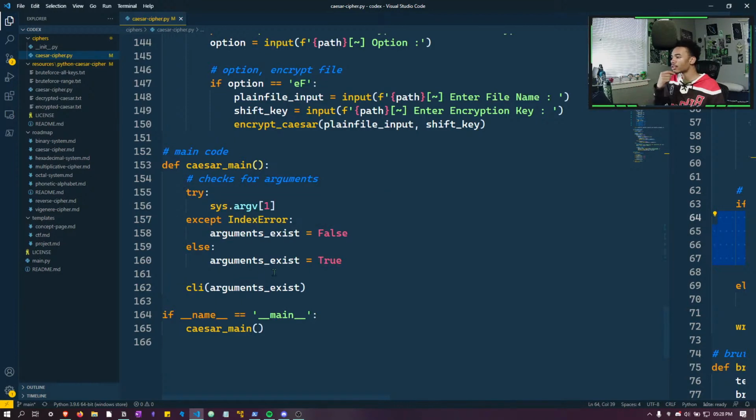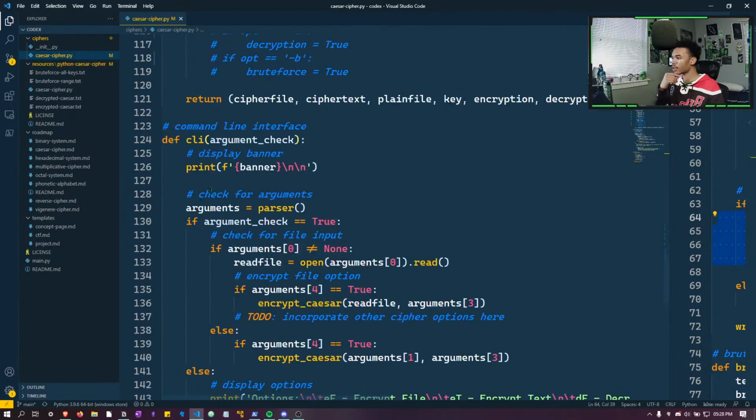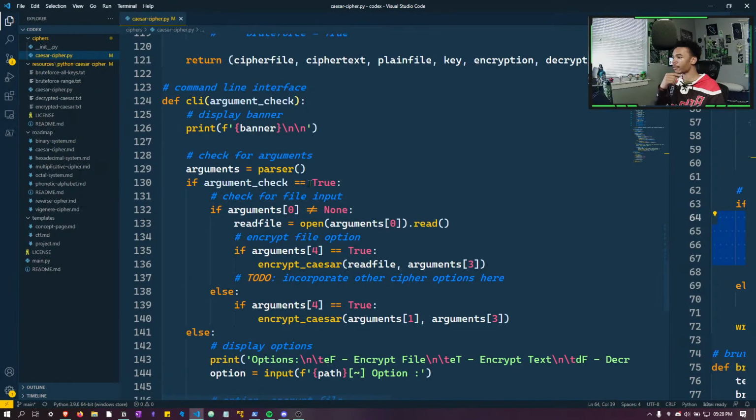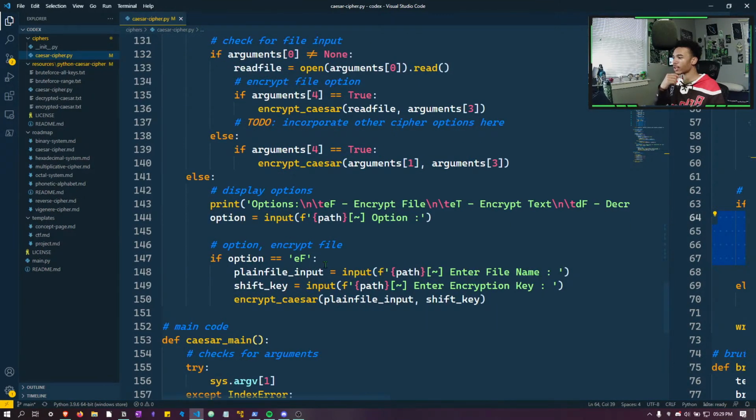Okay, cool. So if there are arguments, it runs the CLI with arguments. So then we go to the CLI. If arguments are there, we go through the parser. If there aren't any arguments, we're going to give